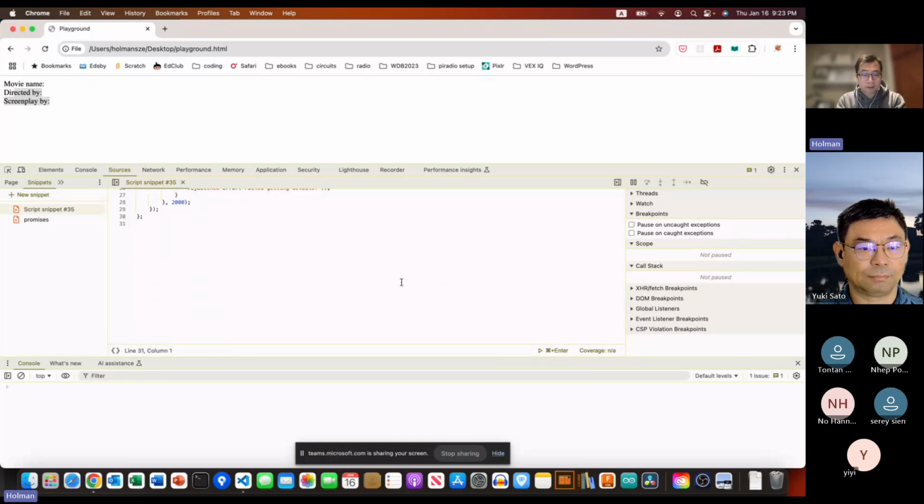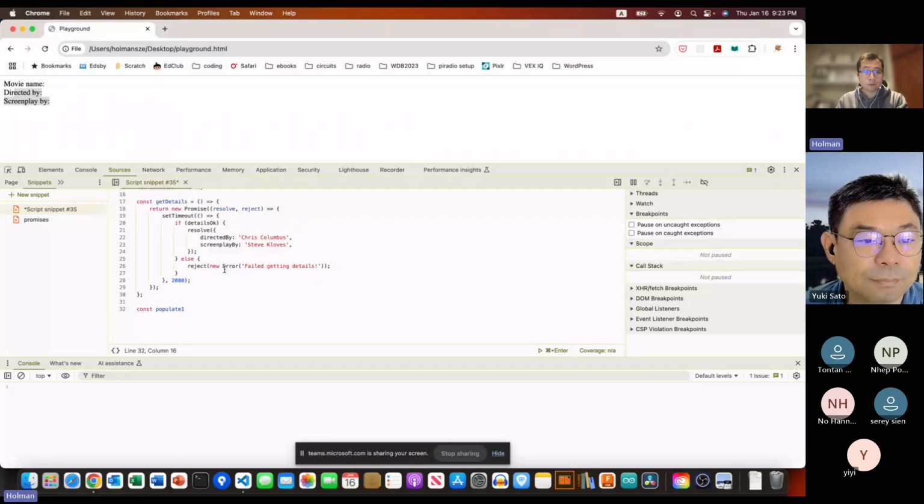So let's say we create another function called populate. This function will populate the fields, right, by getting the information from the two functions. Arrow function. And what we can do is, first of all, we call get movie, right? So remember, this will return a promise, right? So there are different ways to consume this promise. One way is to use the .then,